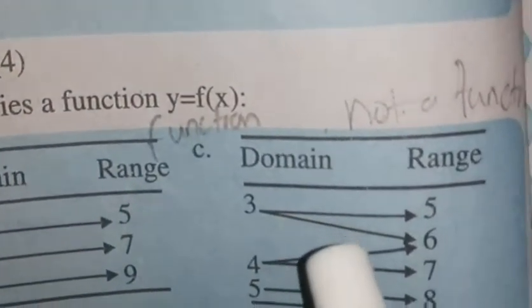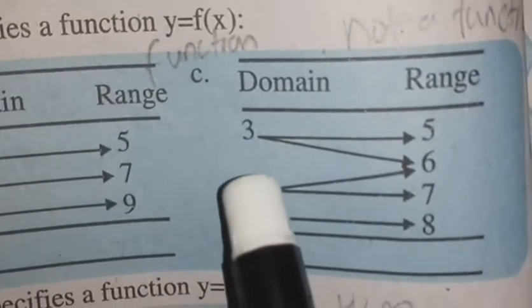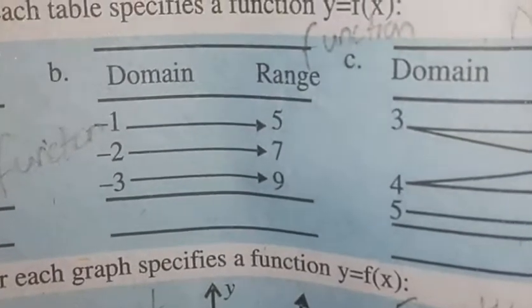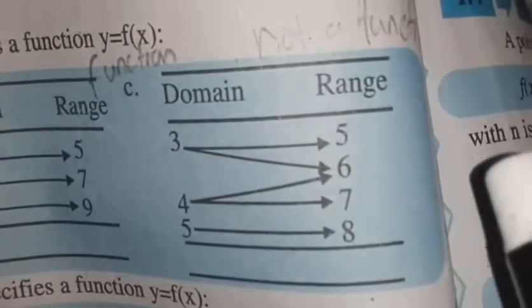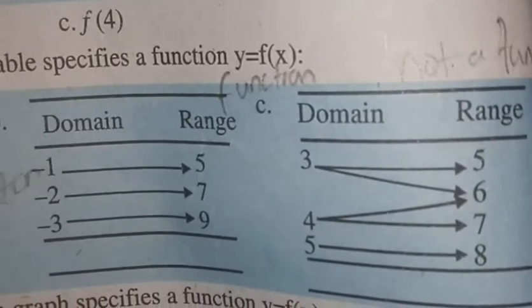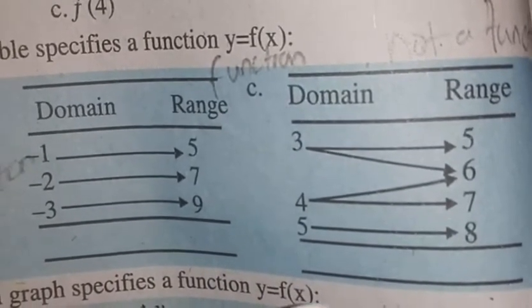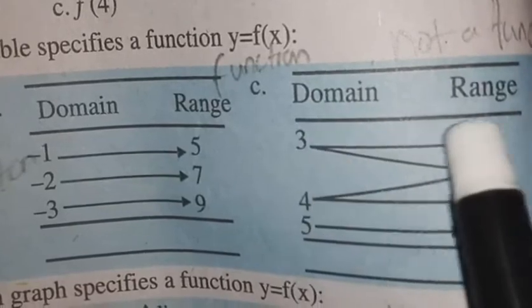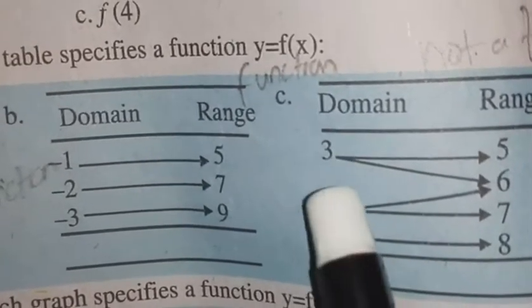Now look at part third one. Here 5 and 6 have the same pre-image, so it is not a function. In the function there should be a single line from each element in the domain, so that's why. Now look,